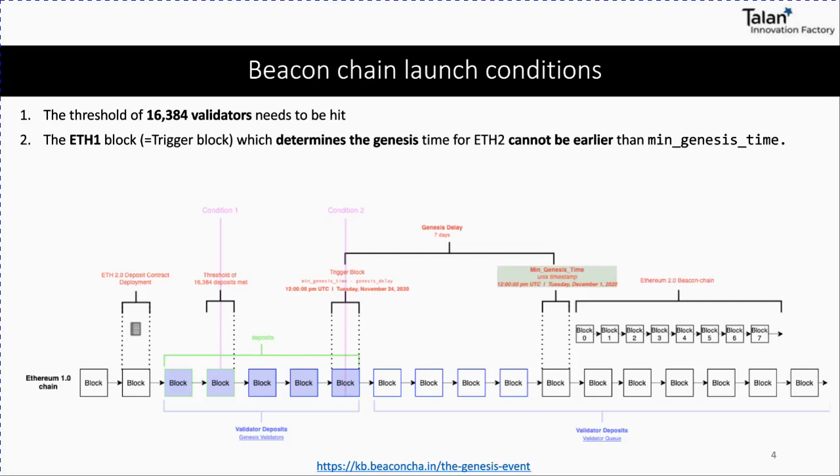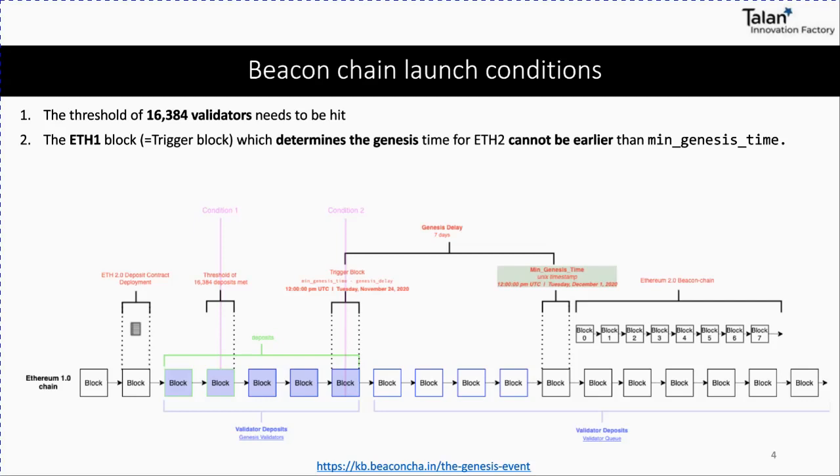The second thing was the time. Let's say we had this number of validators who already staked their Ether and were ready to join. This is not enough. We need to wait until a certain block in the Ethereum 1.0 net. This is also required to have the final stage and the Beacon chain ready to activate. We can explain that with this graph here. So we have this expected timeline.